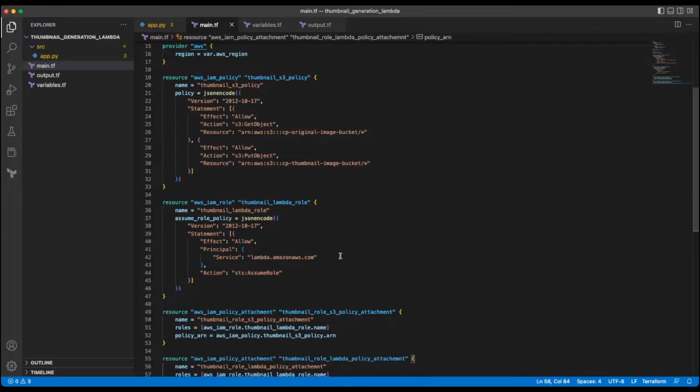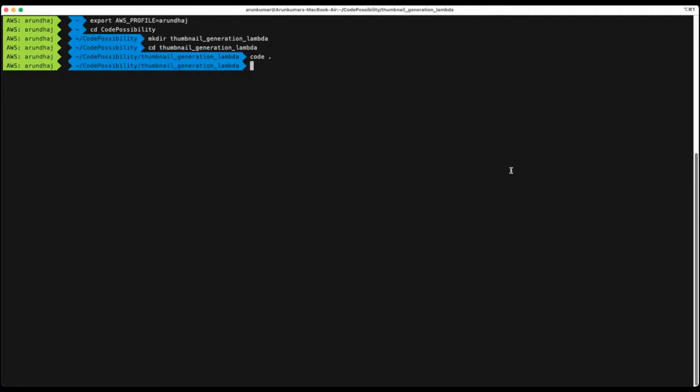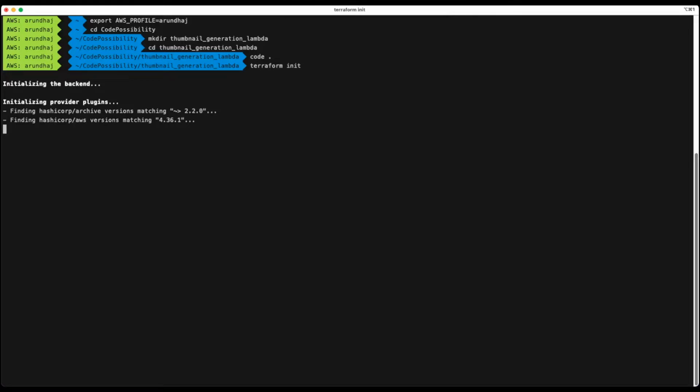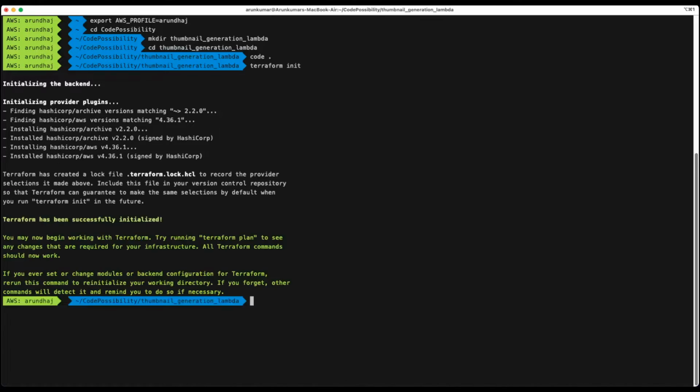We'll go back to the command prompt. Here, we first need to initialize the Terraform. By running terraform init, what we are actually doing is the Terraform will download and install all the required packages as we configured in the providers. The Terraform has been successfully initialized. We will now run terraform